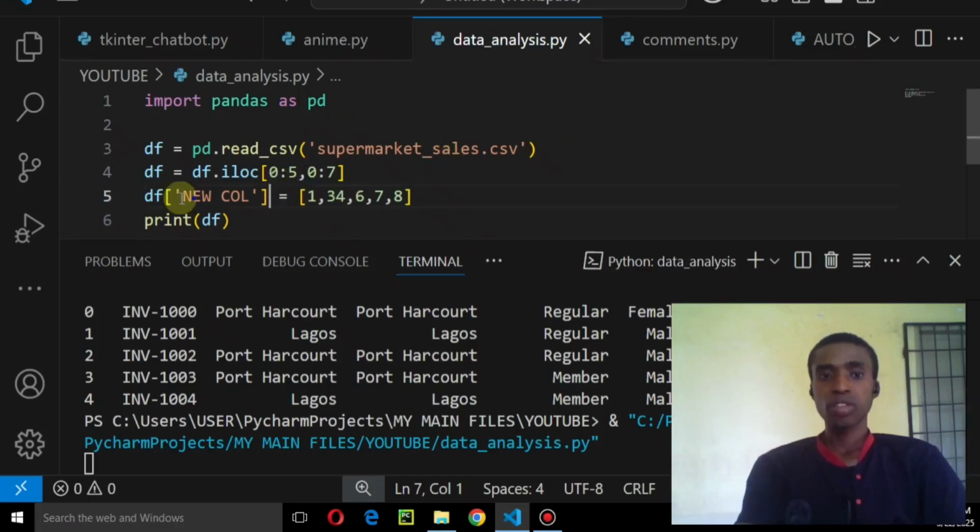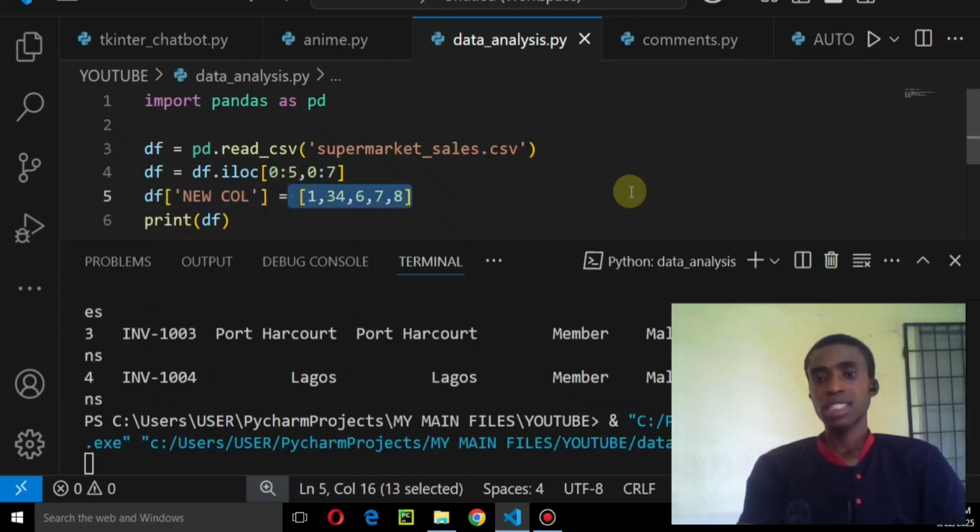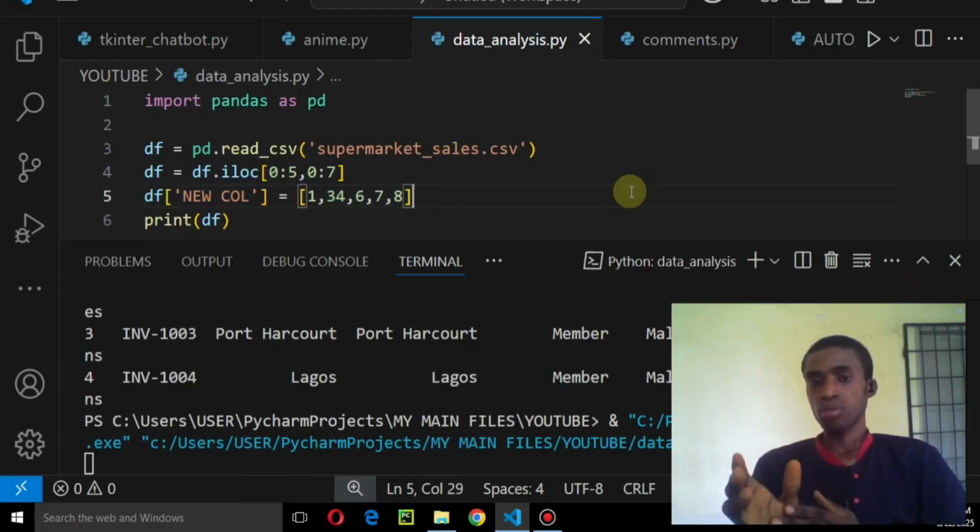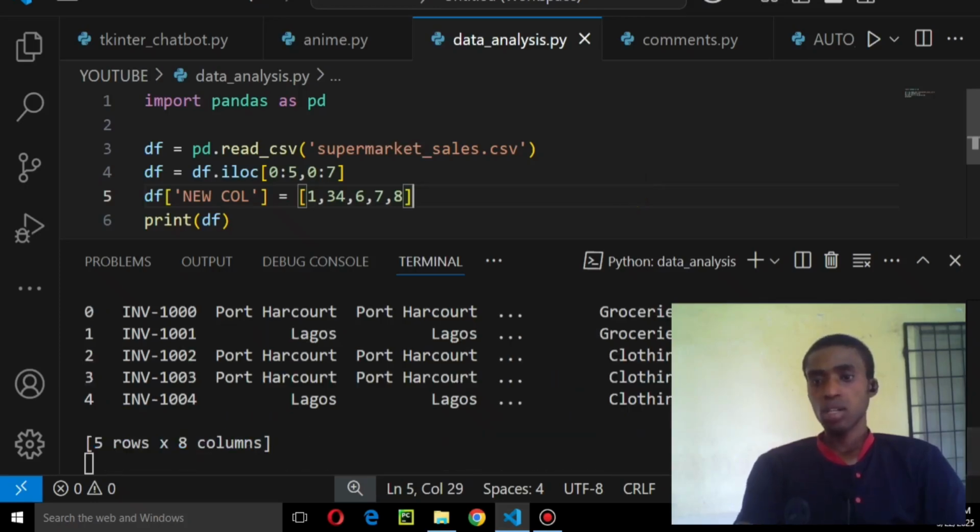By saying this of a new column, I will set it to this value. It's as simple as that for us to be able to do that. So let's see what we get on the screen. You can see here,